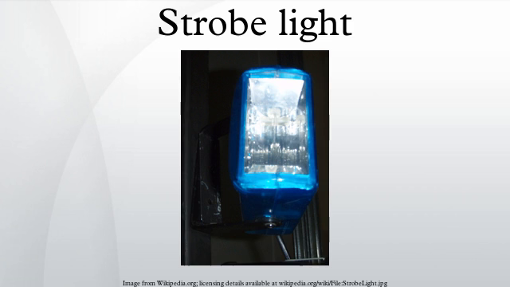A strobe light or stroboscopic lamp, commonly called a strobe, is a device used to produce regular flashes of light. It is one of a number of devices that can be used as a stroboscope. The word originated from the Greek strobos, meaning act of whirling.